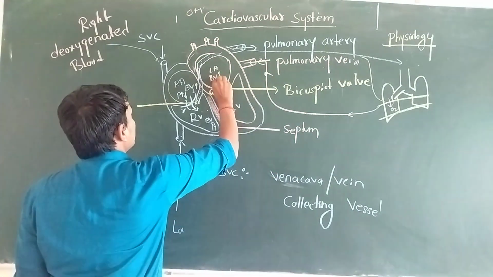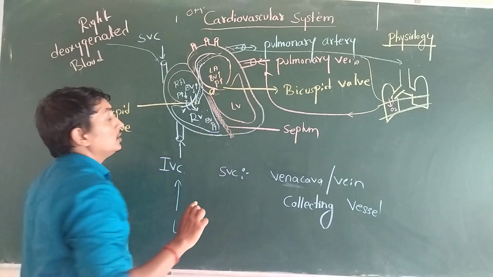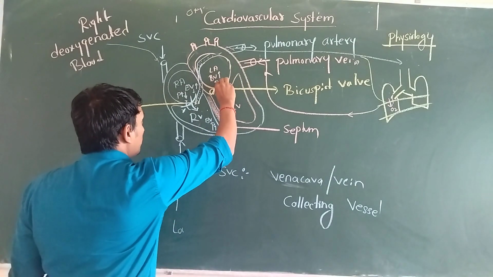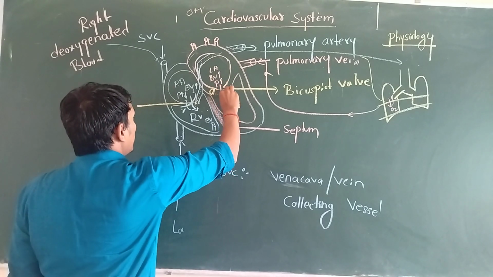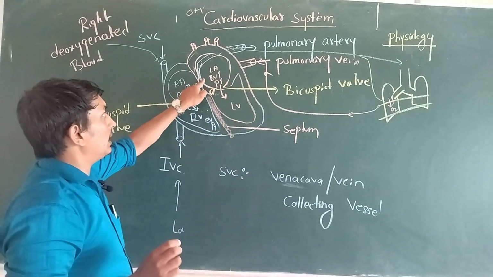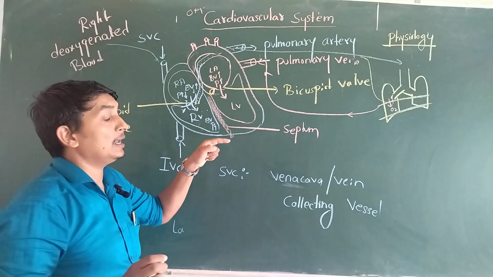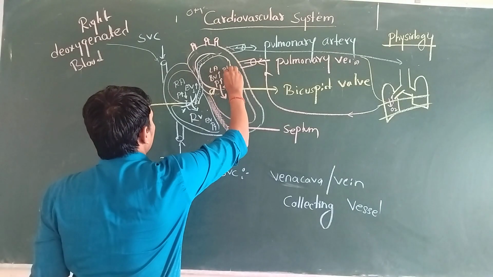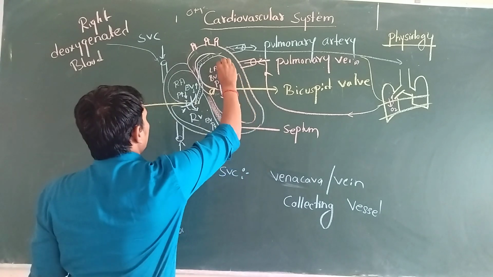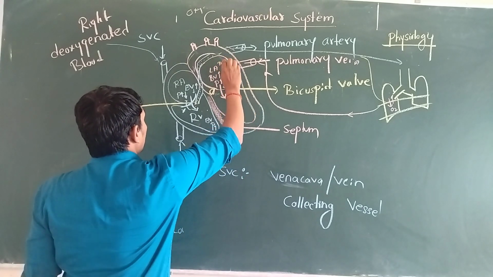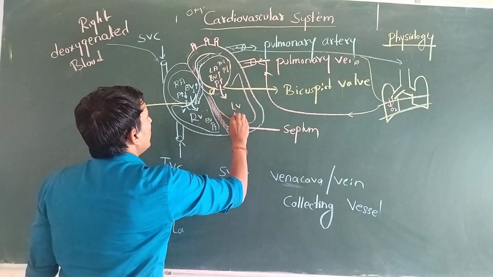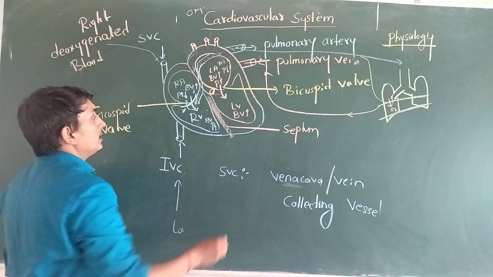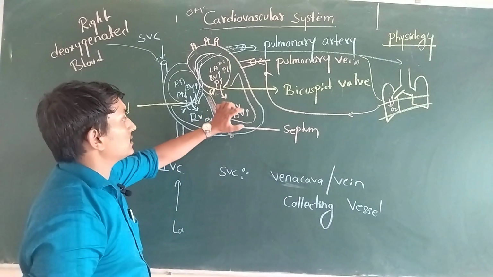Now pressure inside the atrium becomes very high. Due to the high pressure, our bicuspid valve opens. When our bicuspid valve opens, what will happen? Then blood from the left atrium moves to the left ventricle. So what will happen here? Pressure decreases because blood has already flowed downward. Blood volume decreases because blood moves downward. Now here the blood volume, BV means blood volume, increases. When the blood volume increases, our ventricle starts relaxing.